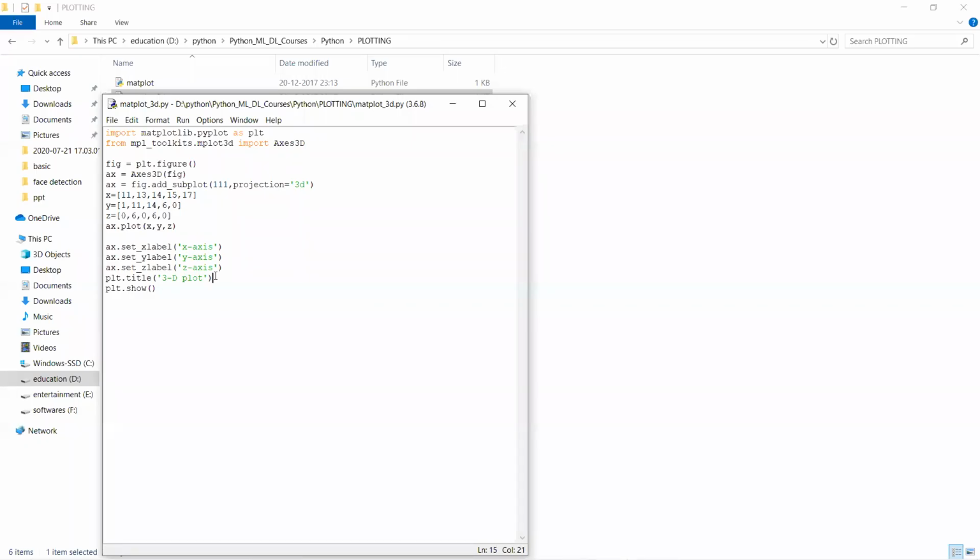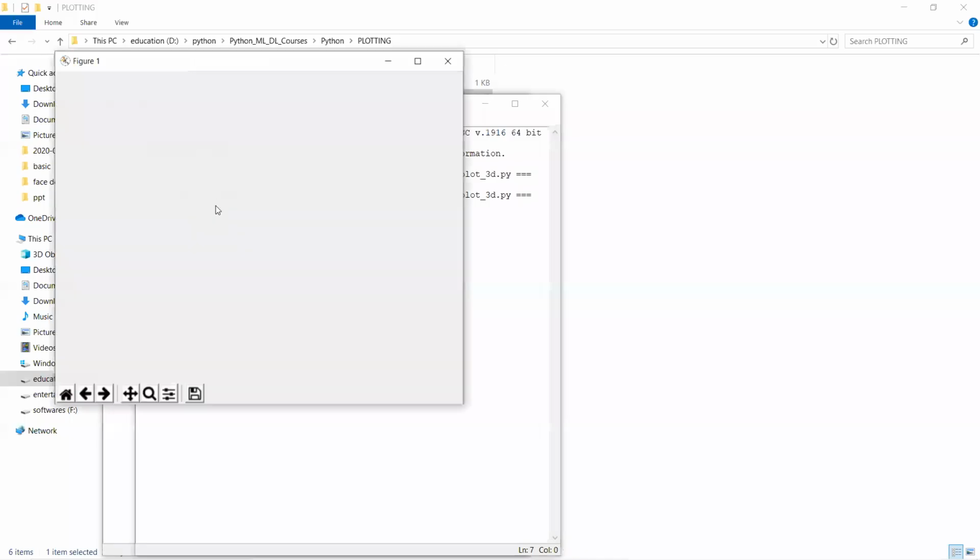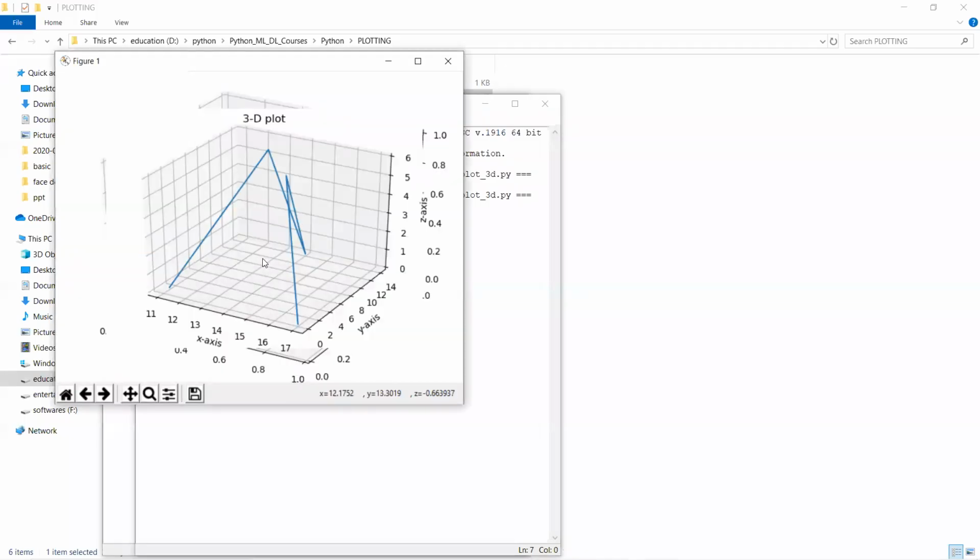And plt.title is about the entire plot title. Here I had written 3d plot. According to our requirement we can change the string. And plt.show is regarding showing the plot. Whatever we plotted, to show those results we have to use the keyword plt.show. Okay,